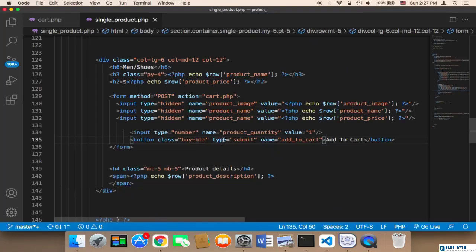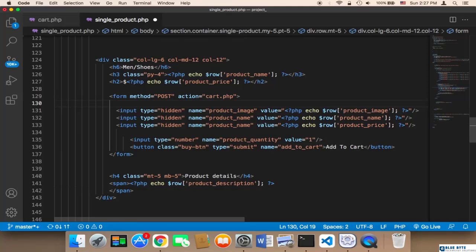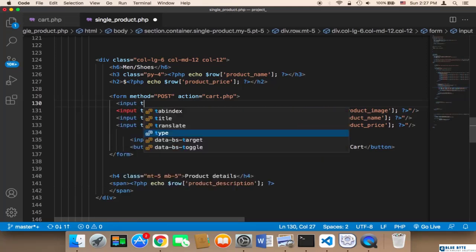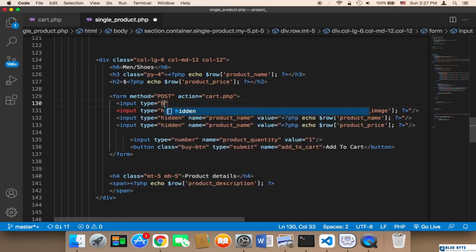Welcome back. Now what we need to do is get the data from the form and use it in the cart. But before I do so, I need also to pass another input. I need to pass the ID, the product ID. So I'm going to create another input here, and I'm going to say type hidden and then name, and the name is product ID,